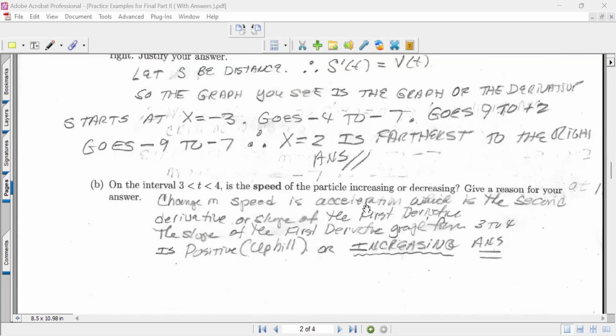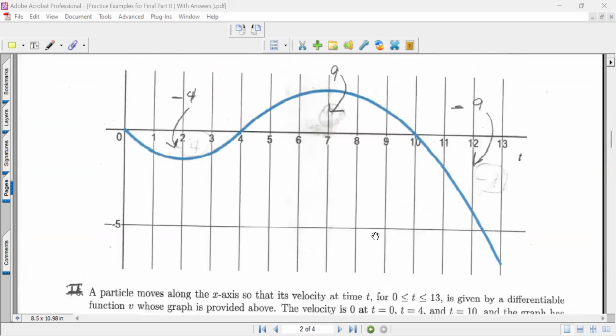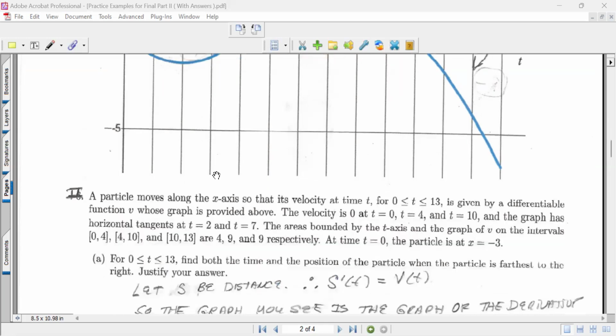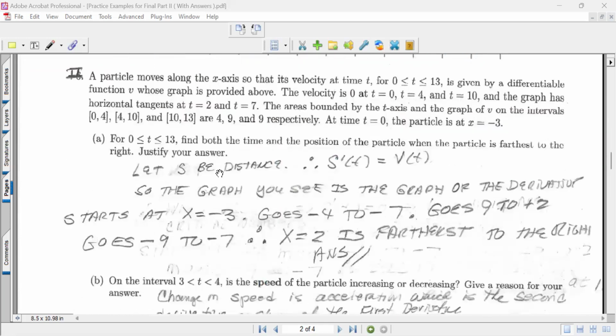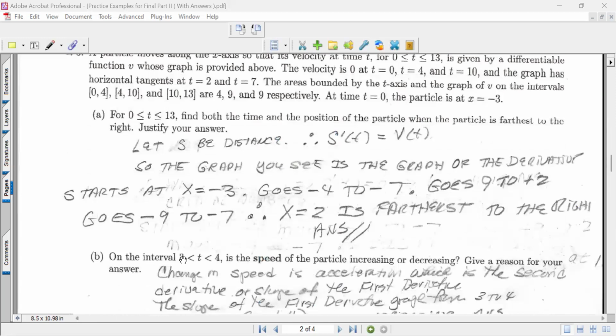at that time. And it says also in this problem, you won't know if it's increasing or decreasing. And the fact is, it's increasing. So that's the answer to that. It's because, I know I'm talking slowly about this, I'm having to think through this as I go along. We want to find out, is the velocity increasing? And the slope, it's the slope of the velocity curve, which is the second derivative. And it's a positive slope there. And then they ask us on the interval from 3 to 4, is the speed of the particle, well, that's